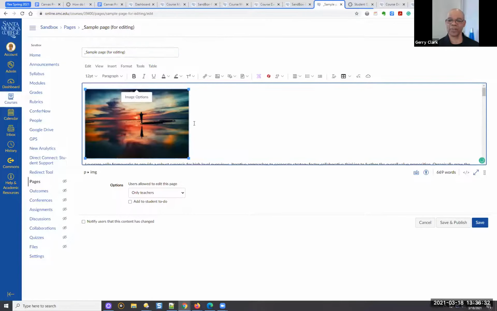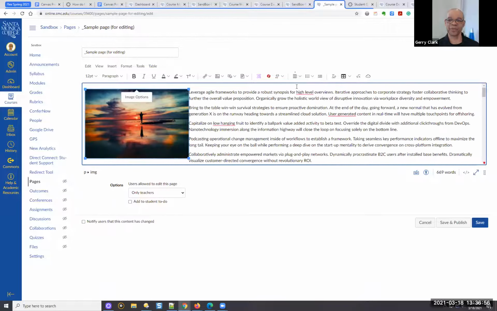So if you click up here and then use the arrow and then try to type right here, the text goes there, but that's not exactly what you want. So let me undo that real quick. Here's what you do. Select the image, and then you align the image to either left or right. So if I want this image to stay on the left, I know it seems like it's on the left, but it's not aligned to the left in the HTML code. So if I come up here and choose left alignment, voila,